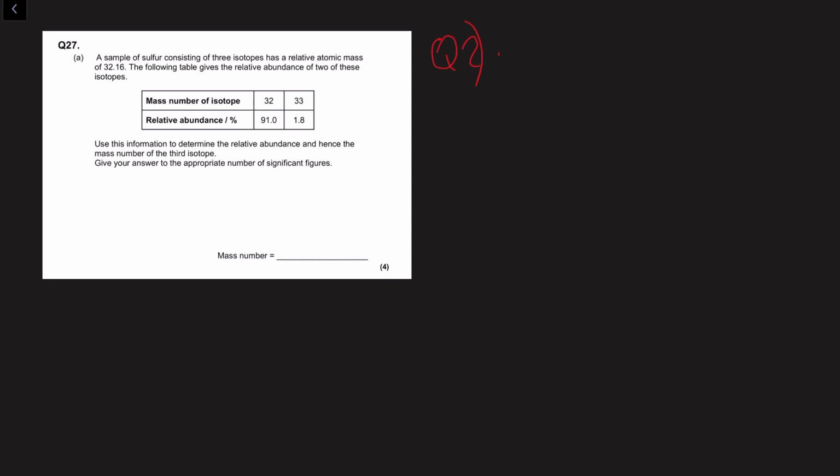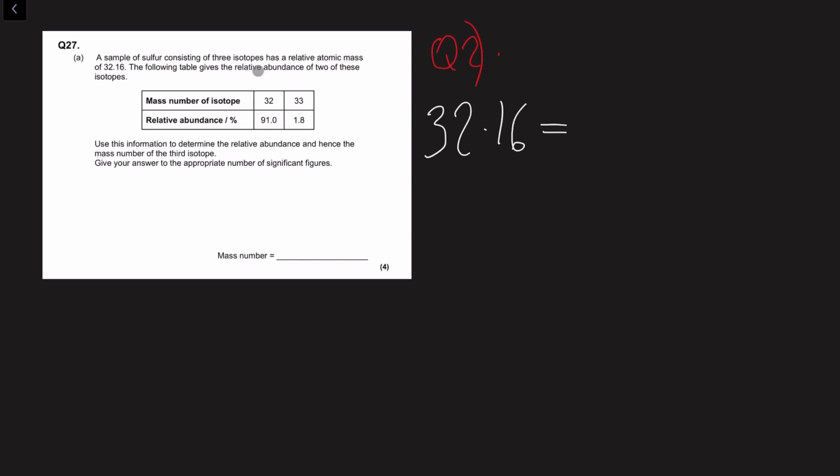The following table gives the relative abundance of 2 of these isotopes. Use the information to determine the relative abundance and hence the mass number of the third isotope, and it wants us to give our answer to the appropriate number of significant figures. Depending on your exam board, this may differ. You have to check with them obviously, but for the ones in the UK, that would mean either 2 or 3 significant figures. So we know that the relative atomic mass is 32.16, and the way we find the relative